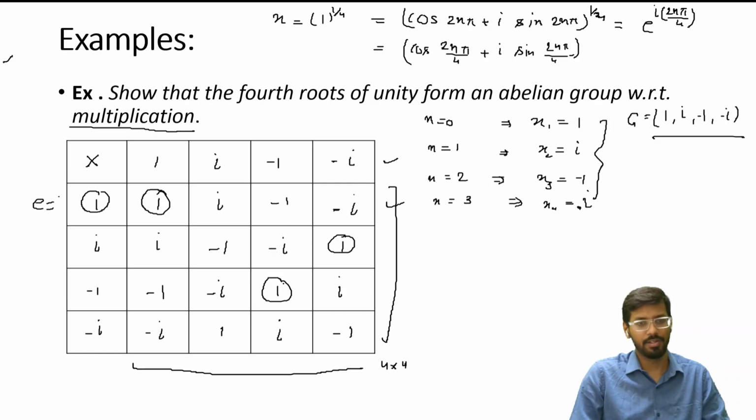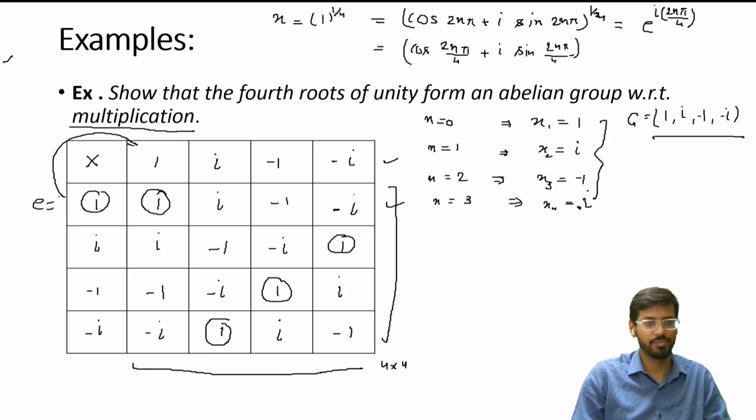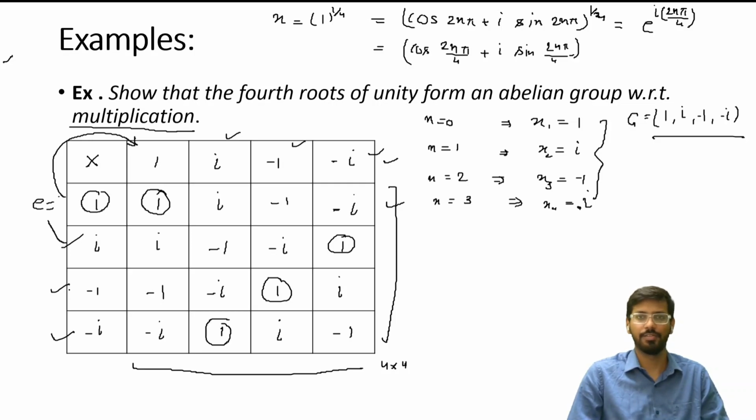These are identity element 1, 1. So we can say that 1 has an inverse as 1. एक का इनवर्स एक है। सिमिलरली आयोटा का इनवर्स -आयोटा है। -1 का इनवर्स -1 है और -आयोटा का इनवर्स आयोटा है। ठीक है, तो सभी चारों एलिमेंट का इनवर्स उसी ग्रुप के अंदर आ रहा है, तो इनवर्स प्रॉपर्टी इज सेटिस्फाइड। तो हमने चारों प्रॉपर्टी चेक की, चारों प्रॉपर्टी ग्रुप की सेटिस्फाई होती हैं, तो ये ग्रुप है